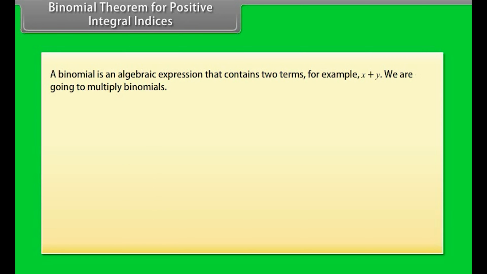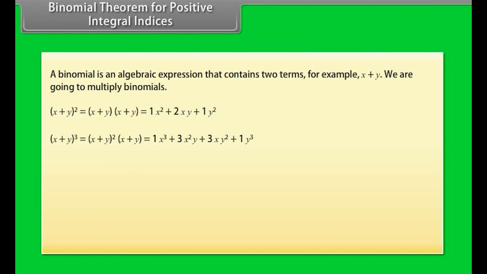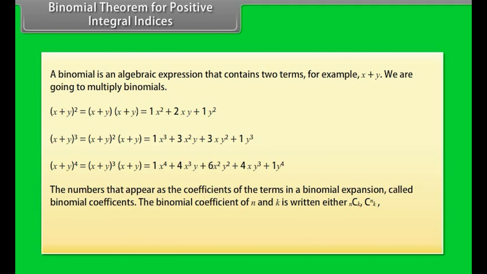Binomial theorem for positive integral indices. A binomial is an algebraic expression that contains two terms. For example, x + y. We are going to multiply binomials. The numbers that appear as the coefficients of the terms in a binomial expansion are called binomial coefficients. The binomial coefficient of n and k is written either as